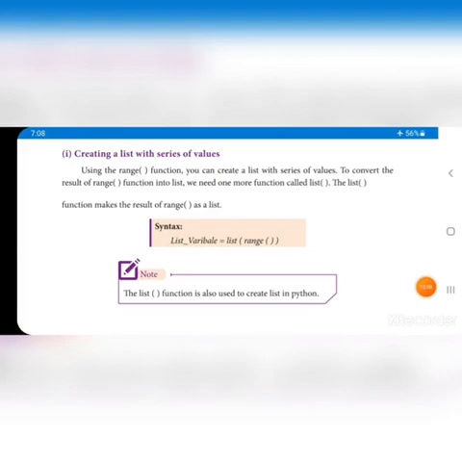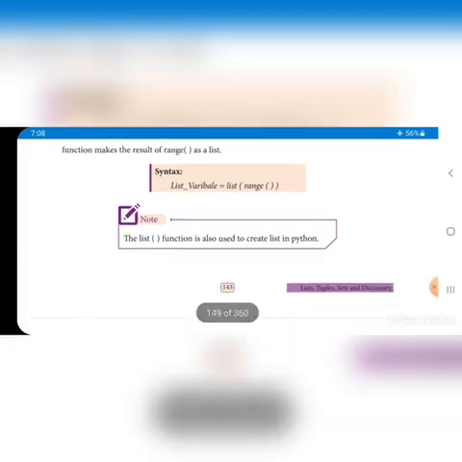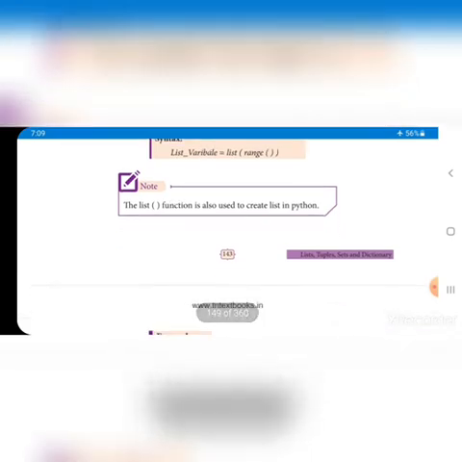Range is going to create the series of values, and like that we can create a list. List is also a function, the list function, right? Directly we can use it like this: list_variable, that means the variable we are creating for the list, and list of range. Directly in list we can give the range, so that range will create the values for the list.